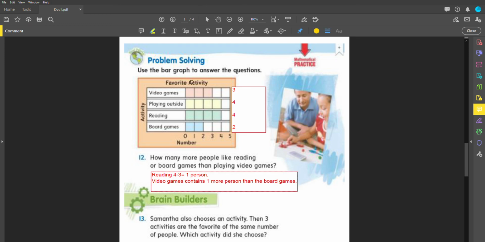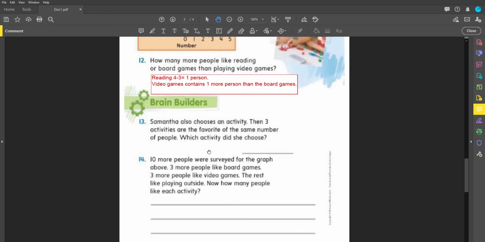I will explain again. Look for the board games, look for the video games. In the board games, we have only 2 votes. In the video games, we have 3 votes. Here we have an empty area, as you can see. That means video games have 1 more vote than the board games. Here, Samantha also chooses an activity